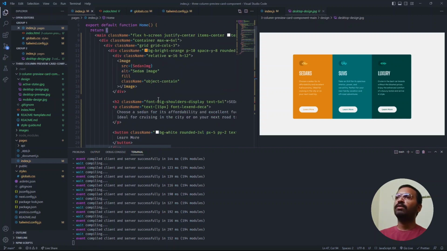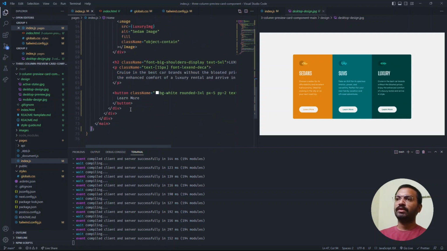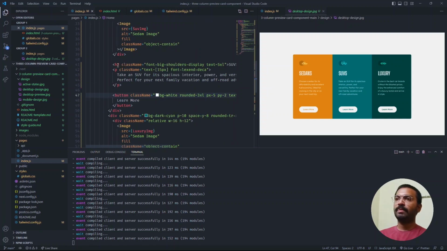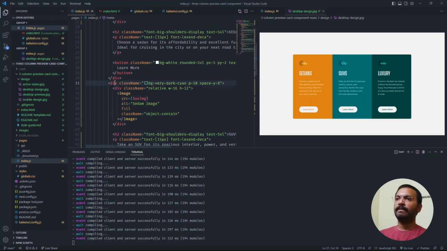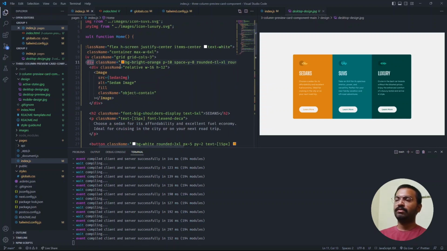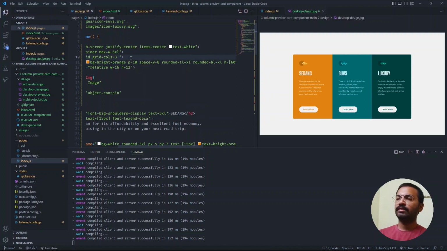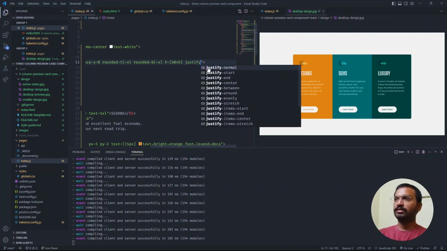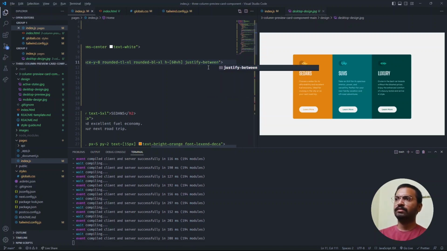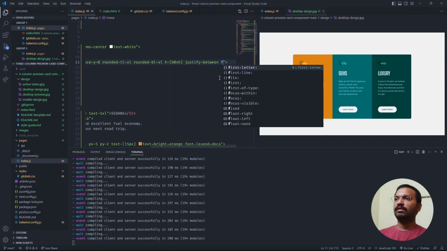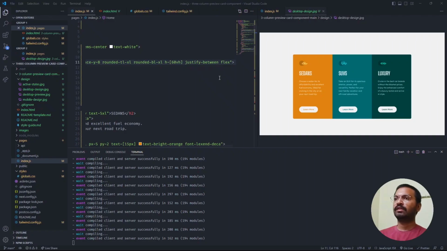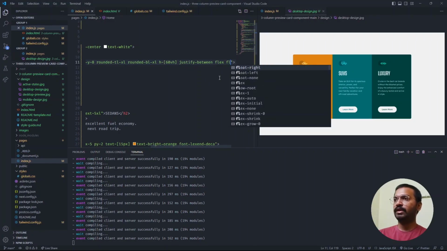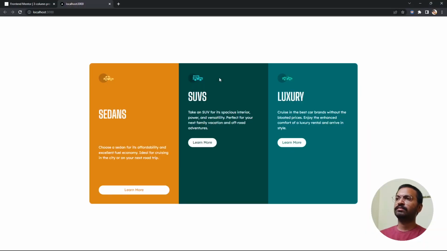Okay, now what we could do is justify between, let's say, flex and flex column, and okay,